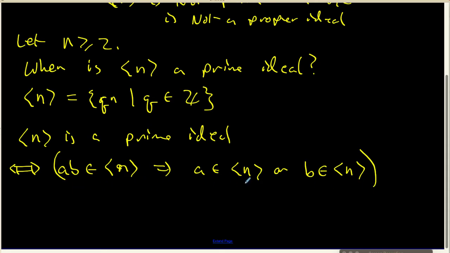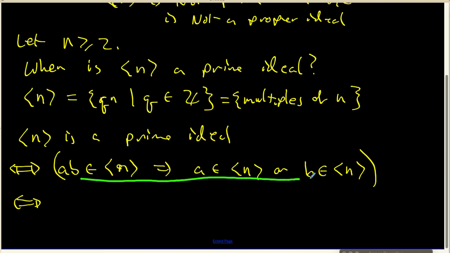Now, this logical statement can be translated into other language. Keep in mind that the ideal generated by n is nothing more than the set of multiples of the integer n. In other words, you get into the principal ideal generated by n by being divisible by n. So we can take this statement here, and it will be true if and only if n divides ab